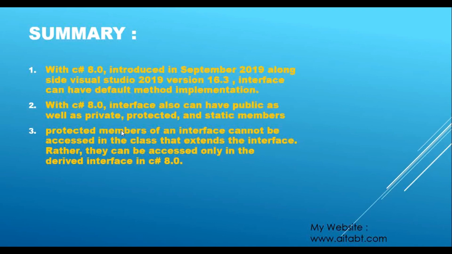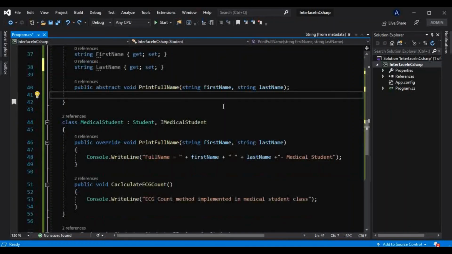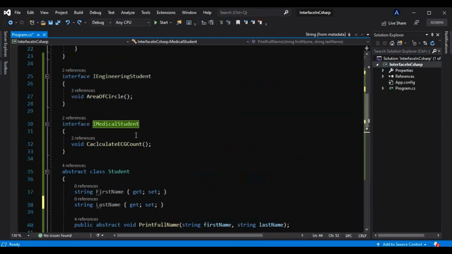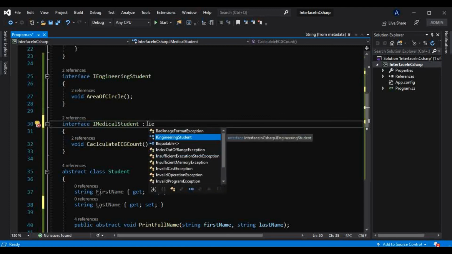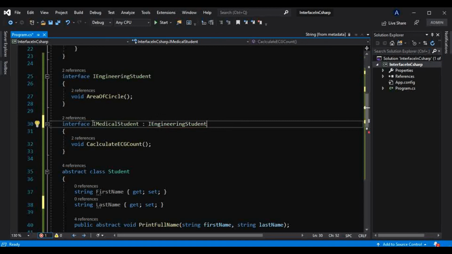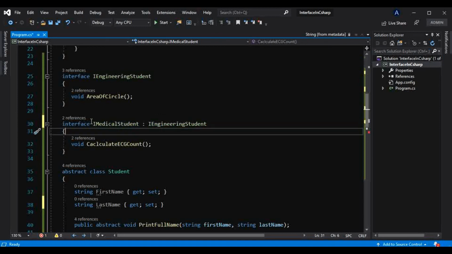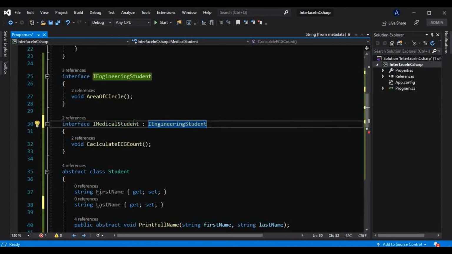Okay, so for that matter, just like this class can inherit this interface, an interface also can inherit another interface like this. I can inherit this iEngineering student here as well. Means I can make this iMedical student interface inherit this iEngineering student, and it can do that.